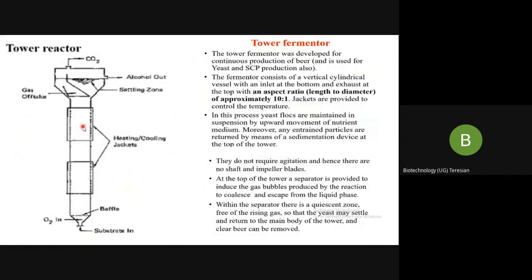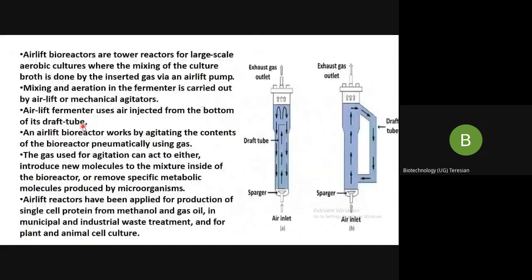And in case of this, here, it is the same thing, but only it is an external draft tube. So this is the main difference between both the airlifts. One is the external, one is the internal. So the dispersion of air particles move up from the riser. Okay, so there is uniform distribution of the air.